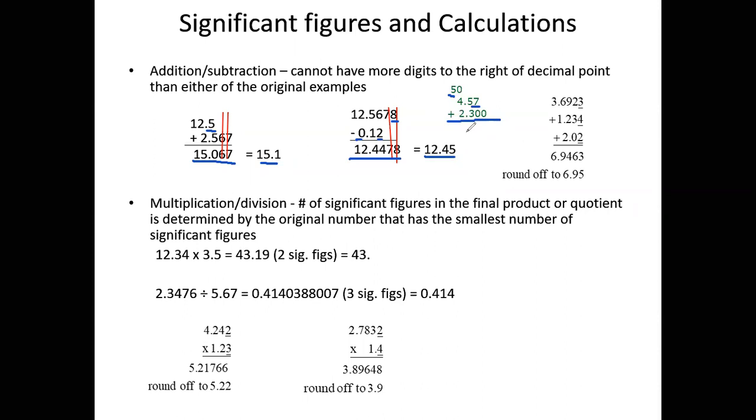So when I work that out, our answer becomes